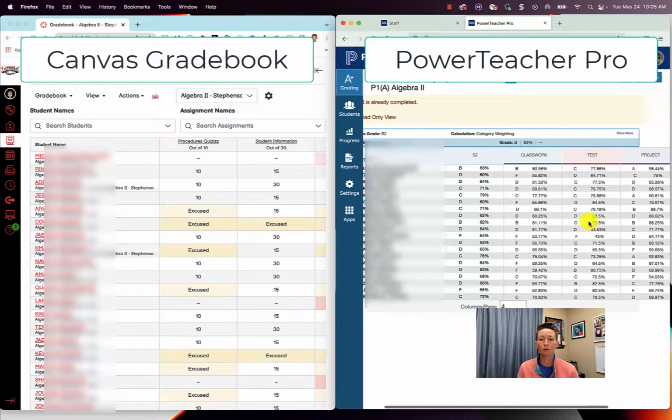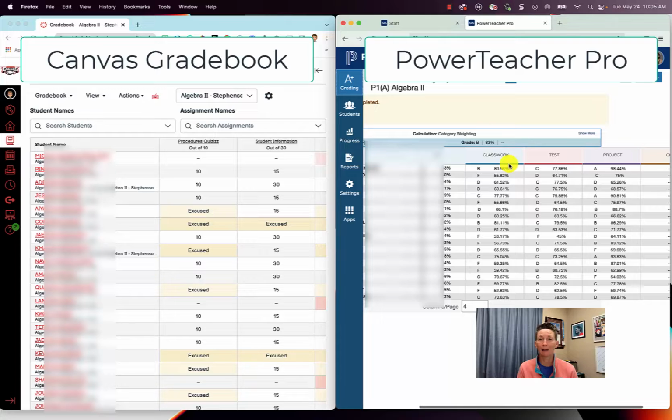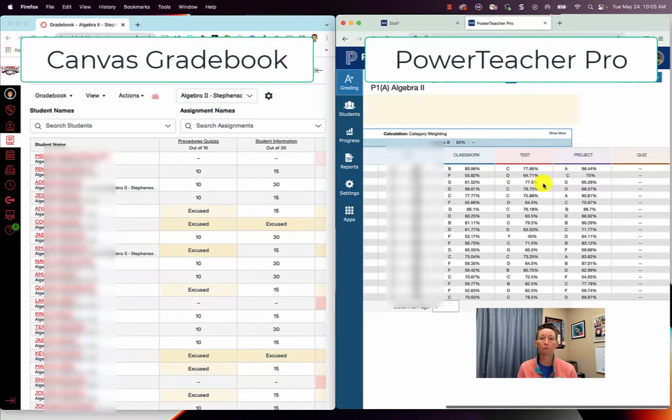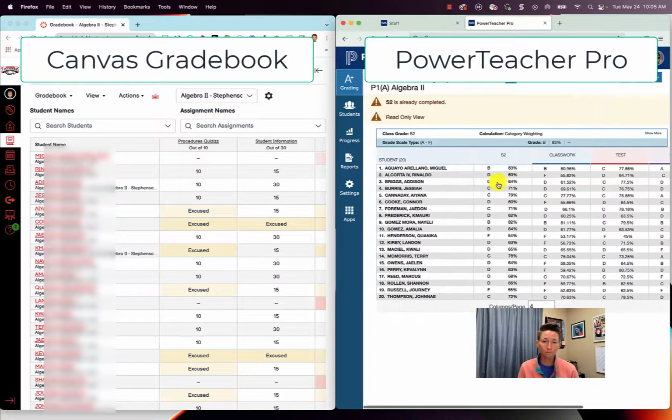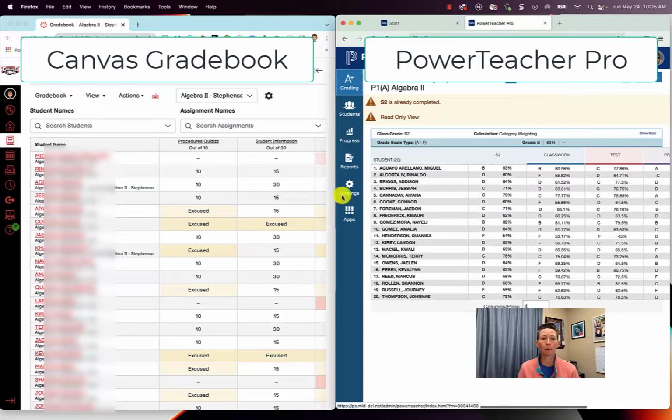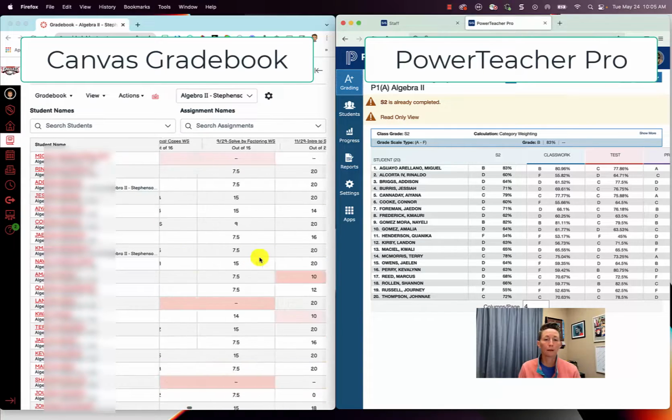And then also as you scroll, you'll see whatever your categories are. So in PowerSchool, it's classwork, test, project, quiz. Some of you have added other categories. That's fine. Just make sure they're showing. And then you can get this same information on the Canvas side. On the left side of my screen, my first column is going to stay there because that's the student names. But if we scroll all the way to the end,